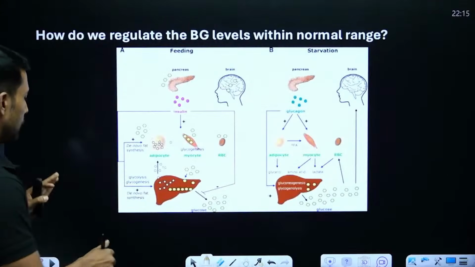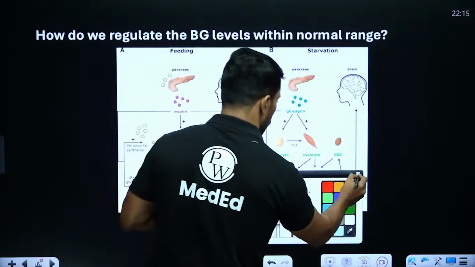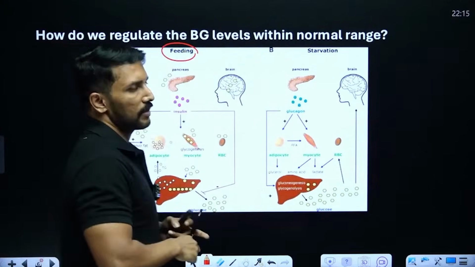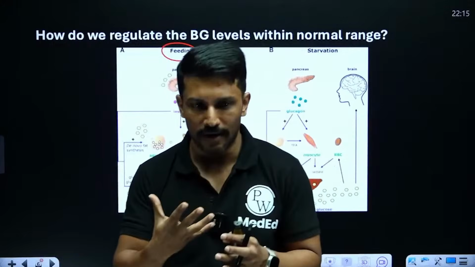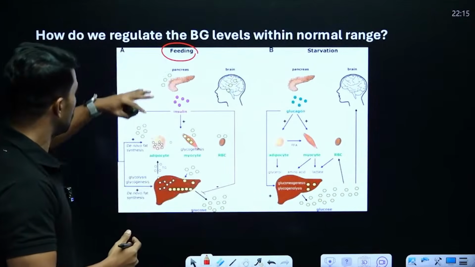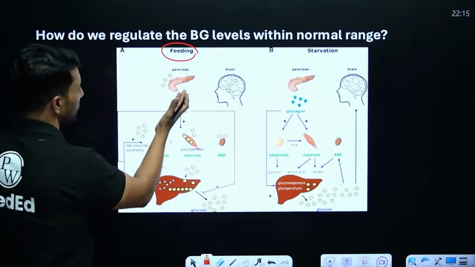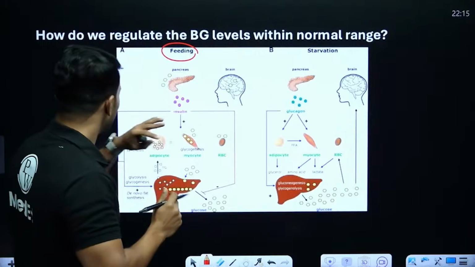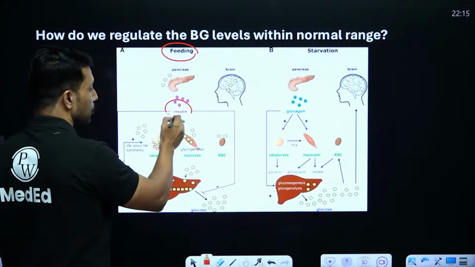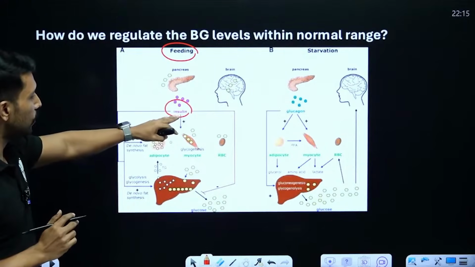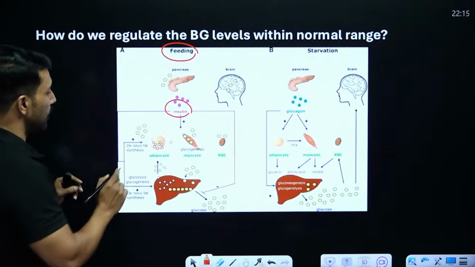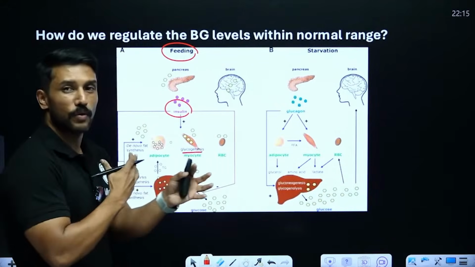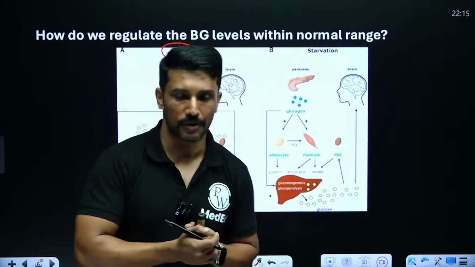So how do they work? Now let us presume that there is someone who is in a fed state, meaning he has consumed food. Now food contains carbohydrates, and as the carbohydrate is absorbed, the blood glucose levels start increasing. In response, the pancreatic beta cells produce insulin. Now what will this insulin do? This insulin will stimulate glycogen synthesis, or glycogenesis, in the muscle. Muscle is one of the important storage organs for glycogen.